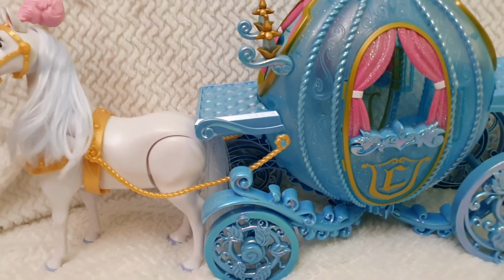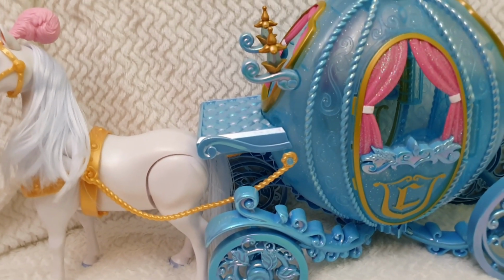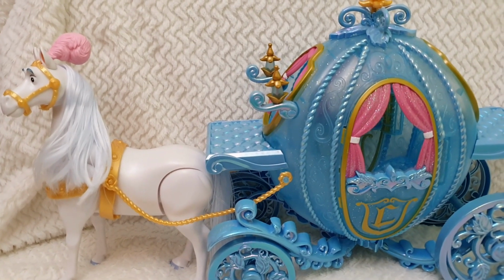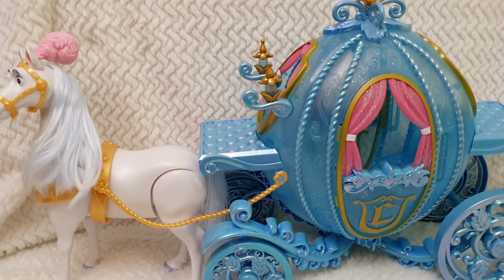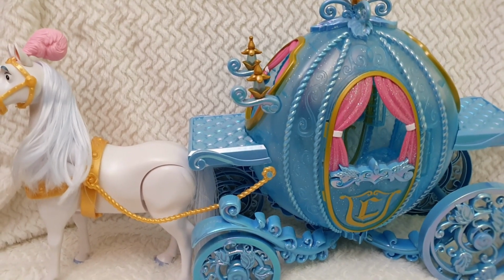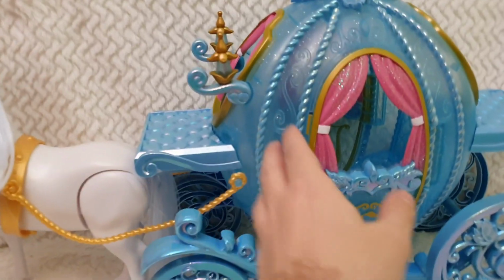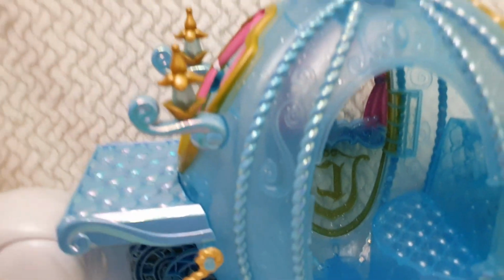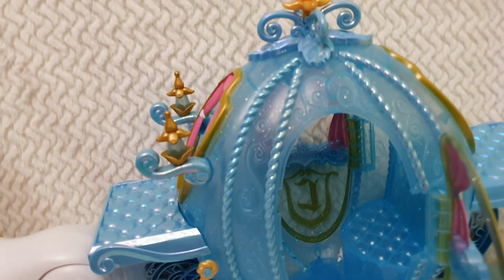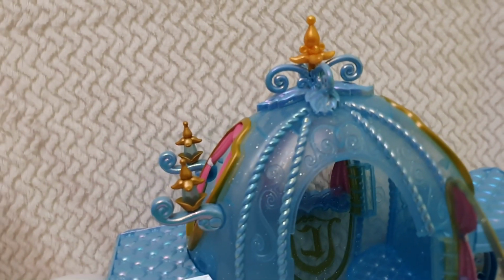So what I'm going to do now, so I just end up showing you everything that I think I have to show you from this playset, is I'm going to place Cinderella on the inside, in a seated position, so you can see what it looks like. Okay, so for that I'll have to stop it here, or maybe, okay, I won't stop it. The only thing is that as this Cinderella has the straight bend and snap legs, I'm going to try to